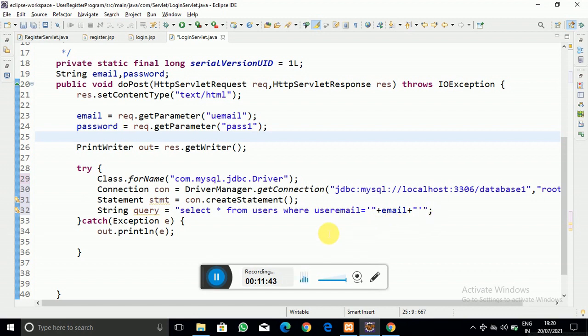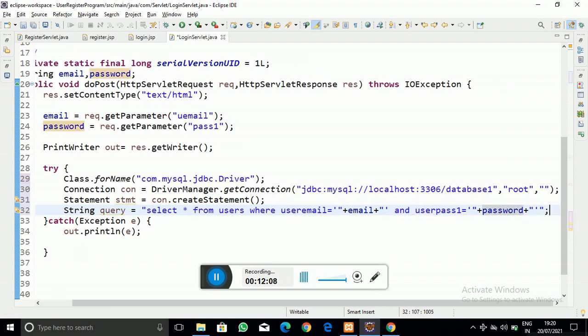So there, as you can see, I have selected the query select star from user where user email equal to this one, and let us write and user pass1 equal to password.